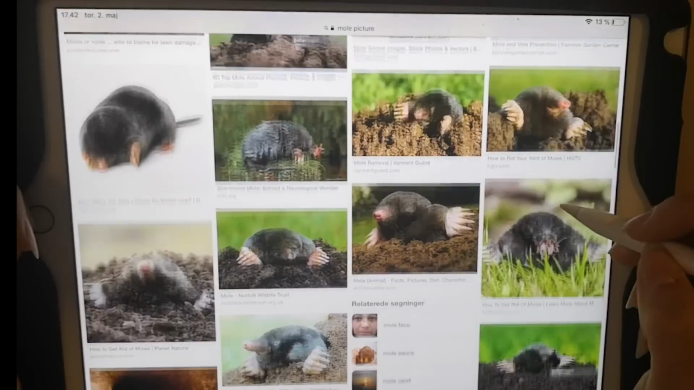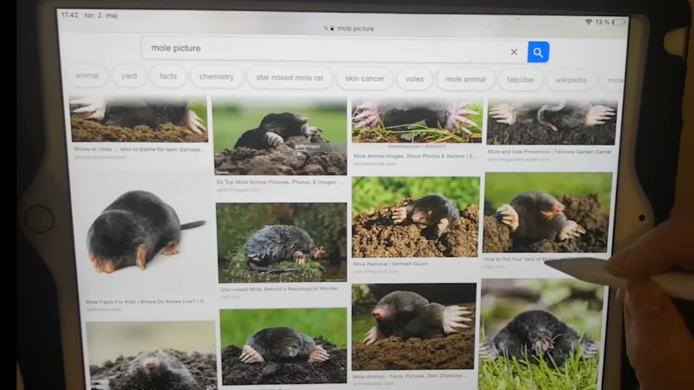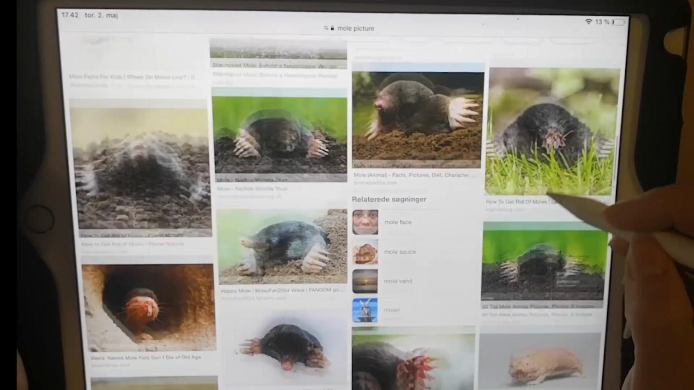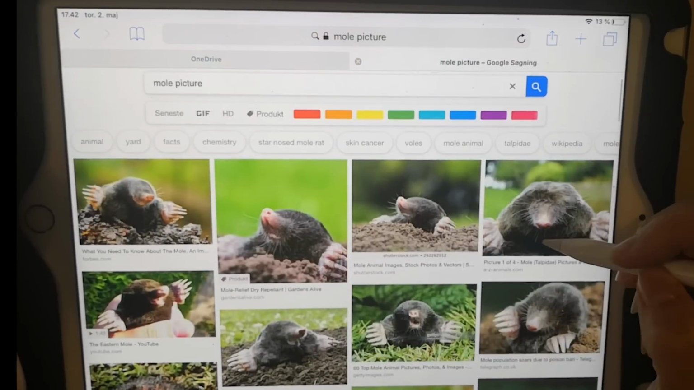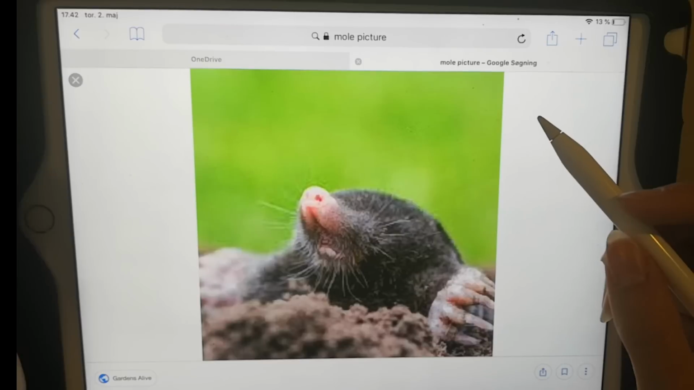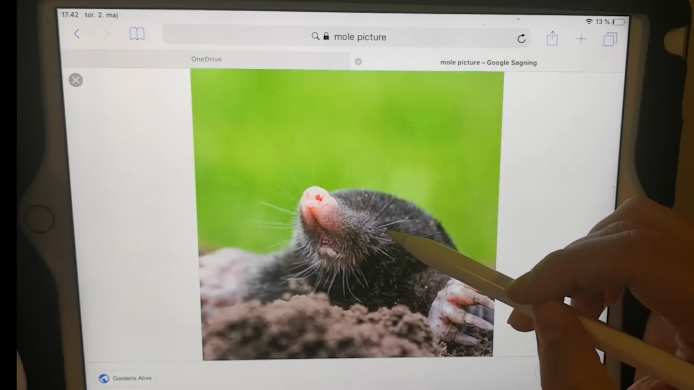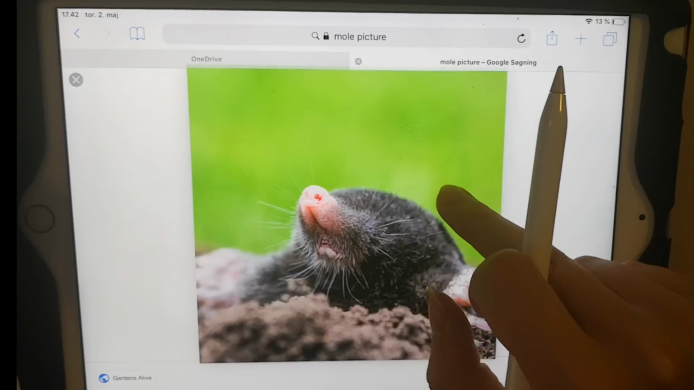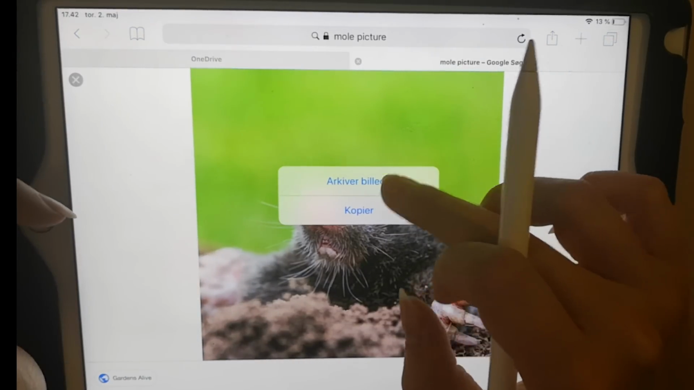And what could be a cute picture here? This one is actually pretty good because we see the entire body. But I'm not so concerned about body, I'm more concerned about the face. I think this face is really good because you see the nose and the mouth and all the details, even his tiny beady eyes. So what I do is I use my finger and I hold it down, and I'm